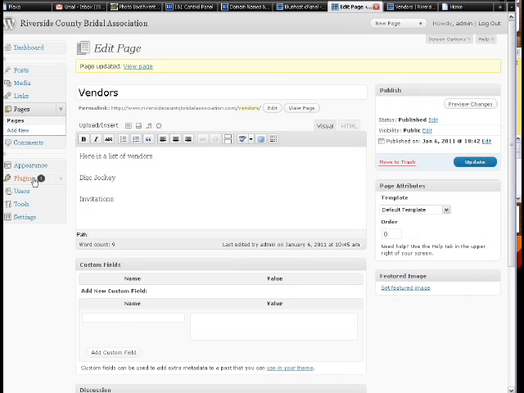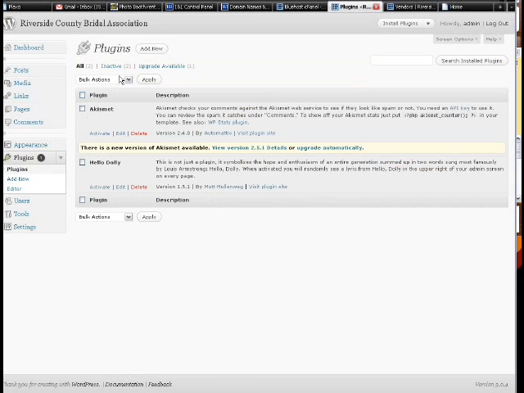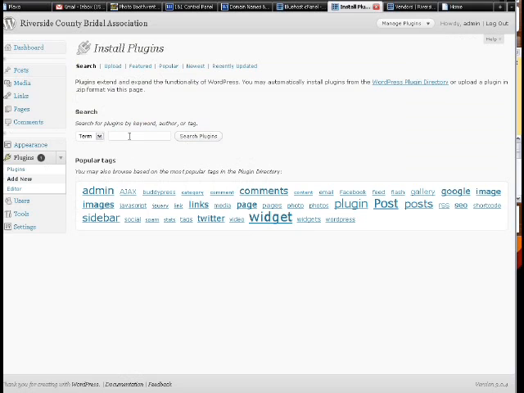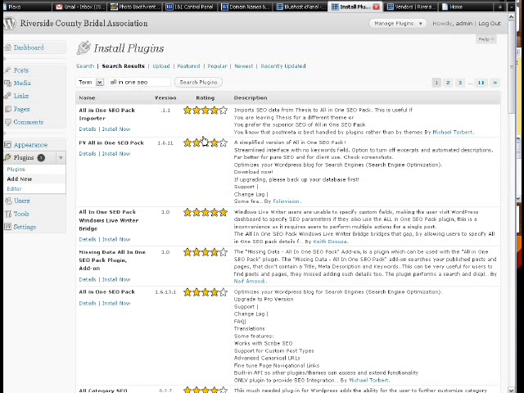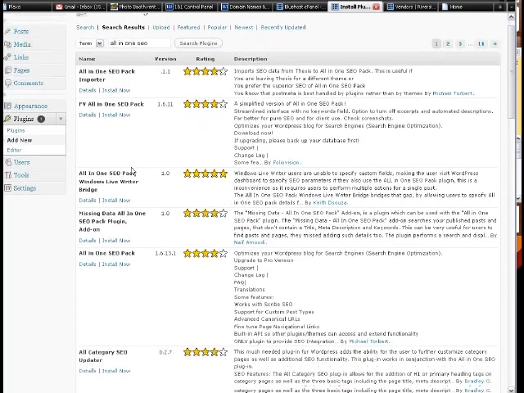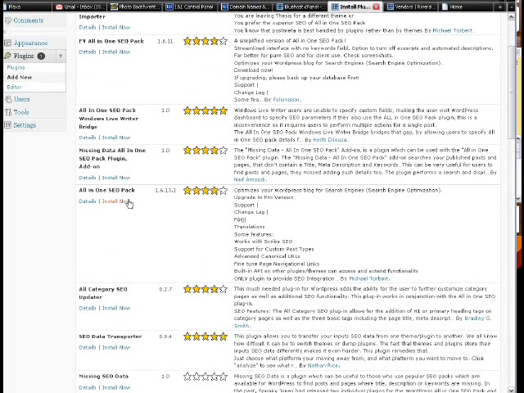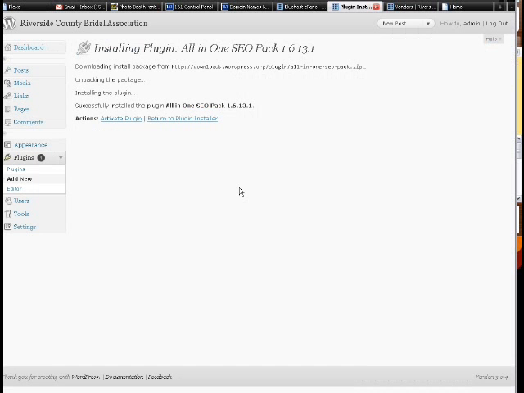Now, there's also a thing called plugins, but we'll get to that in a second. Actually, I'm getting ahead of myself. Let's go to plugins now. Plugins are other things that you can do. One of the things that we want to add is, I like All in One SEO. These are things that you can add to your site that will add functions to it. So we want to find All in One SEO Pack, install it,